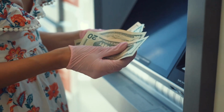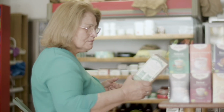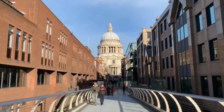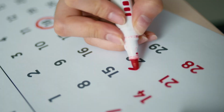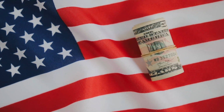Alright guys, I completely understand your situation. Money is tight as of right now, especially for low income, fixed income households. Believe me, Congress could be a little bit slow in terms of legislation, their discussions, the reform bills, packages. I get this question from the community a lot. People are asking whether Congress is even working on the legislation or not. I wanted to emphasize that Congress is working on the legislation, so it's very important to keep an eye on important announcements, latest bills, packages, reforms that might improve your benefits, raise your benefits, or might provide you an additional